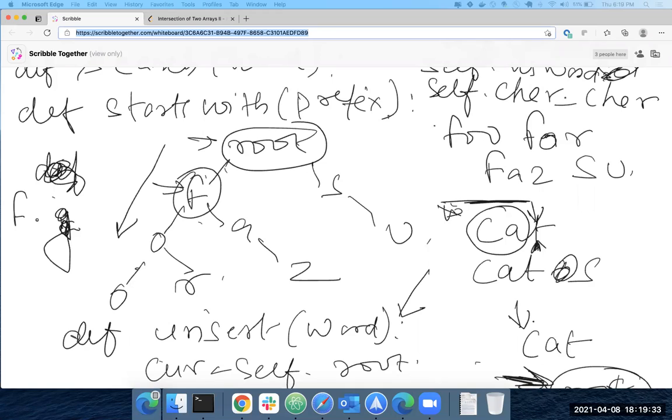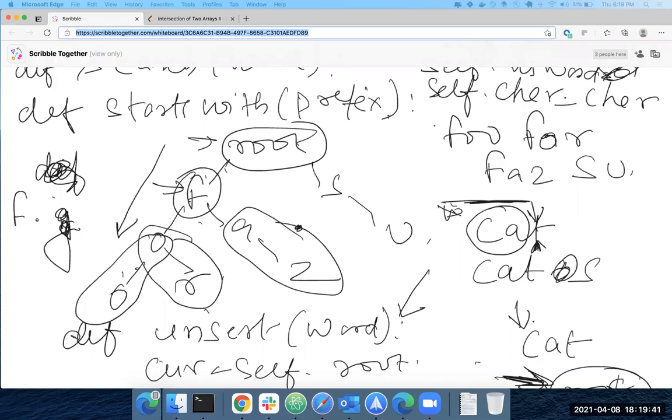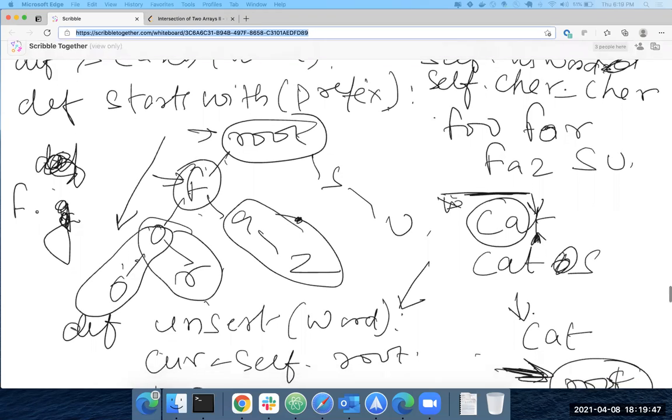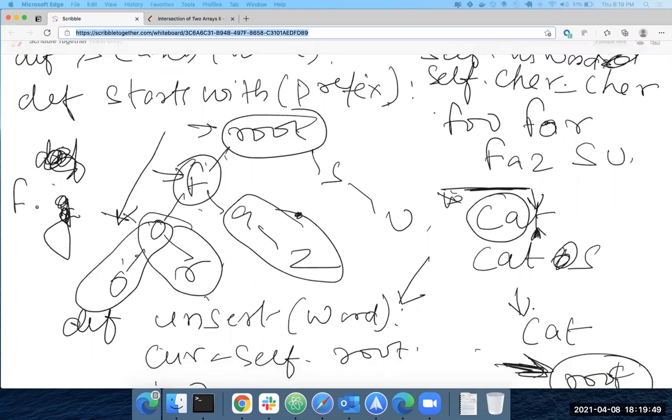That dot means we have to check all the children, right? Isn't that a depth first search from that level? Yeah. So basically, you'll have to do a DFS from each of the children which are present under F. So you do a DFS from here, you do a DFS from here, and you're looking for the word.